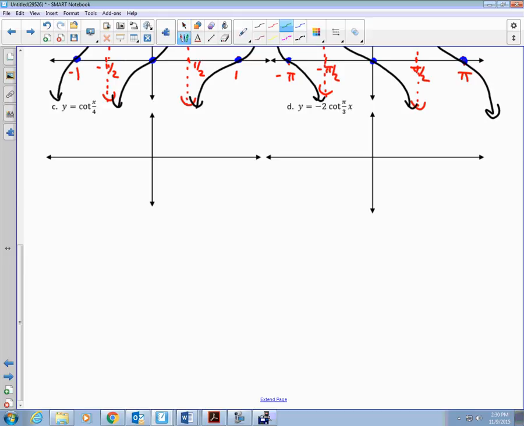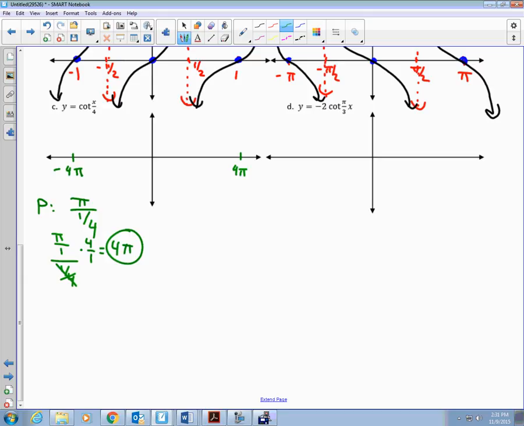Okay, we got 2 left. Cotangent of x over 4, the period is equal to pi divided by, what's the number in front of x? 1/4. How do I take pi and divide it by 1/4? Multiply by the reciprocal or 4, because you have pi over 1 divided by 1 over 4. So you multiply by 4 over 1, you get 4 pi. So the period is 4 pi. So I mark out the period, 4 pi,